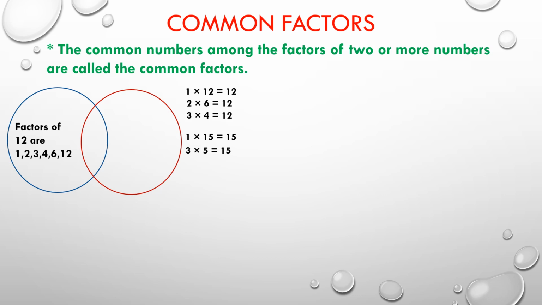So I just stop. When I start with the table of 1, if I have the number already written there, I stop. I start with 1, then 2 there's no 15, then 3 there's 15, then 4 there's no 15, then 5 is already written there, so I stopped. So 1 times 15 is 15, 3 times 5 is 15. How many factors are there? 4. And 1, 3, 5 and 15 are the factors of 15.